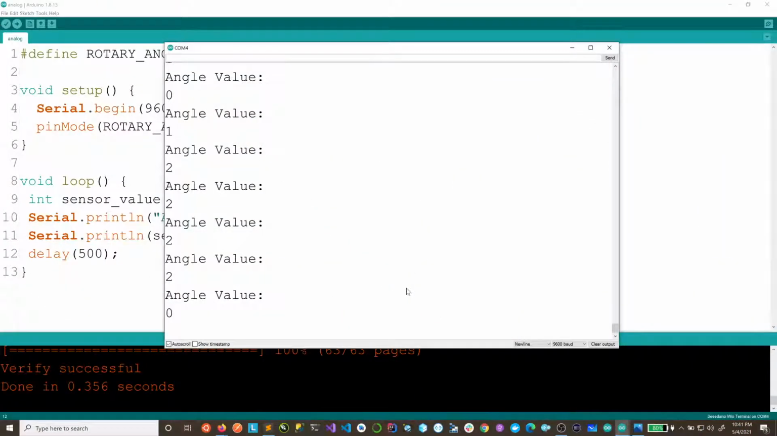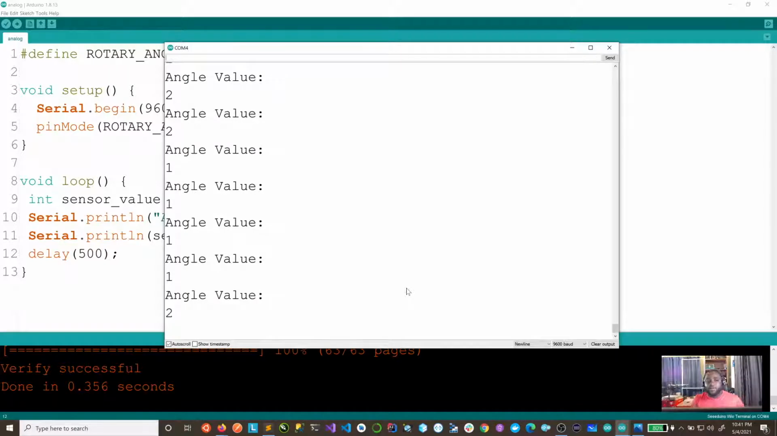A simple way to write this would be to bring what we've done from the previous episode, and then